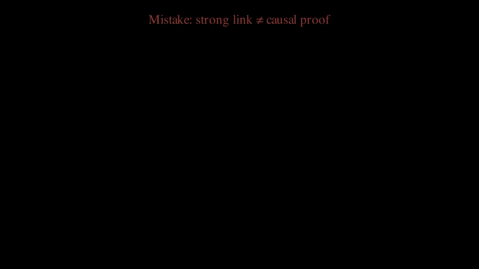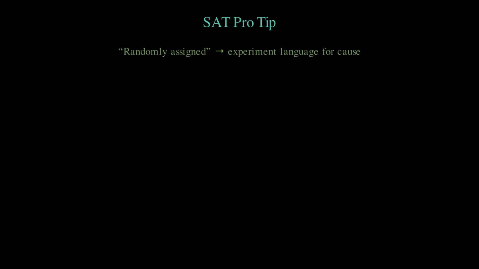Common mistake: claiming causation from an observational study because the correlation is strong. Another mistake: confusing random selection with random assignment. They answer different questions. SAT pro tip: when you see randomly assigned, think experiment, and ask whether a causal conclusion